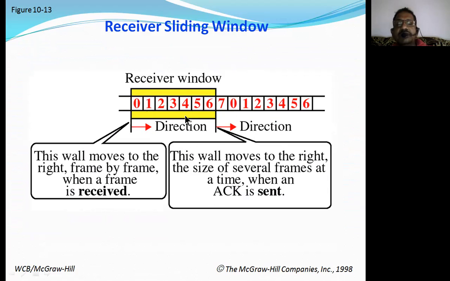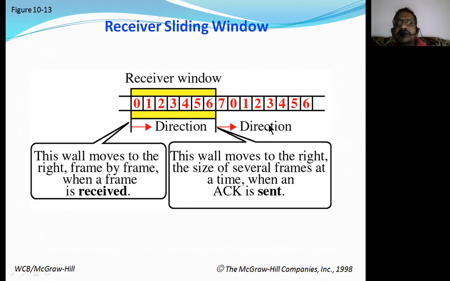When a frame is received, first frame zero is received, then frame one, and like that frame by frame. And this side, this wall moves to the right the size of several frames at a time when an acknowledgement is sent. It means after the receiving station sends a positive acknowledgement that it has received all the data frames, then this entire window will be shifted.